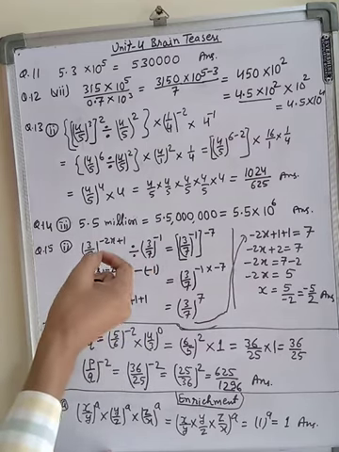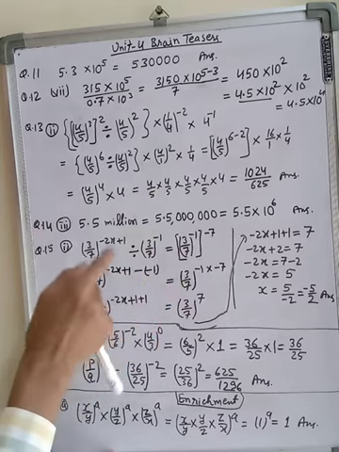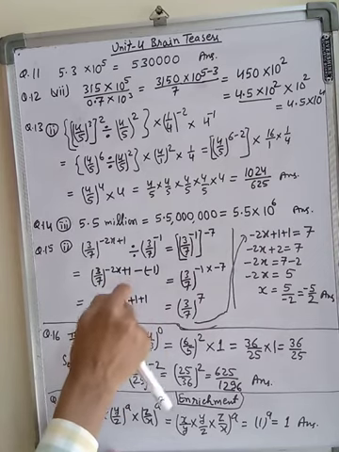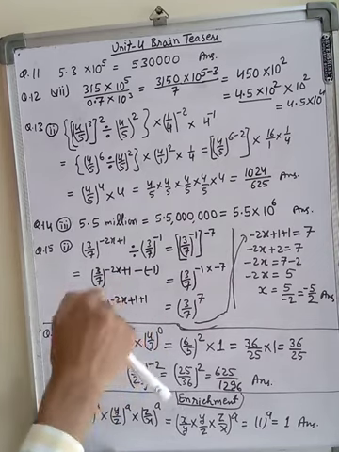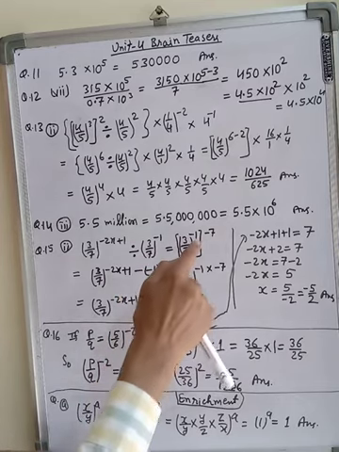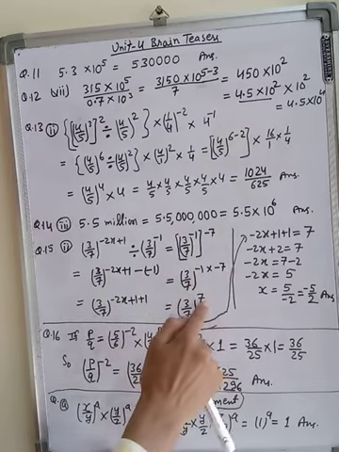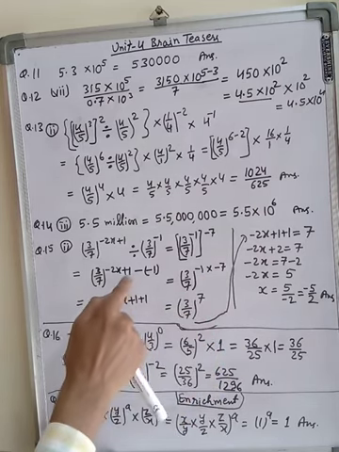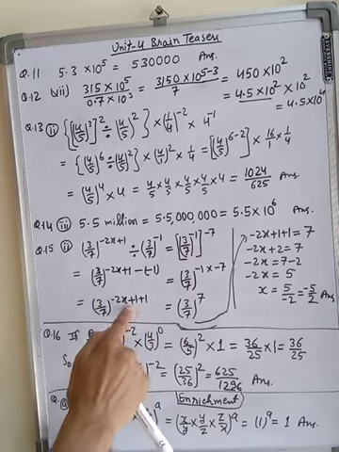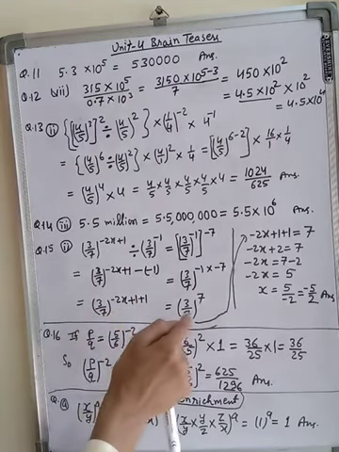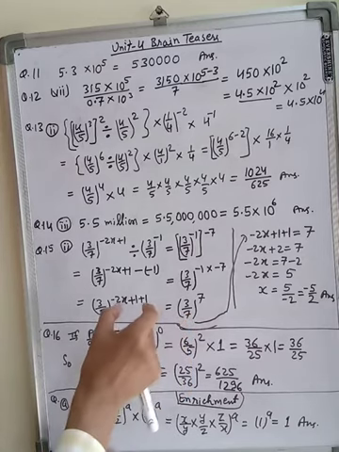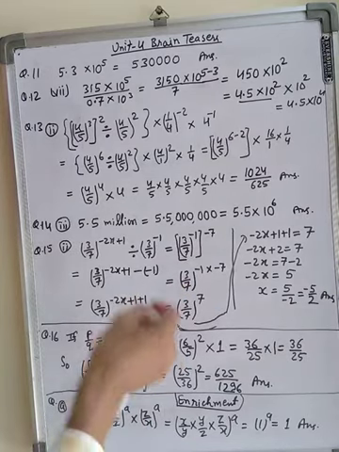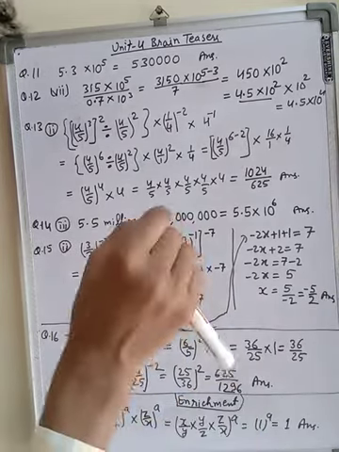x to the power m divided by x to the power n is equal to x to the power m minus n. What do we do? We take the difference of their powers, equal to 3 upon 7, power to the power, this means both will be multiplied, so this is 7, negative into negative is positive, and this will become negative of the negative, positive. And now you see only one base, and this side also one base, and the bases are same, so we can write the powers also same. So this is the basic concept of the solution of x when the x is in the power form.